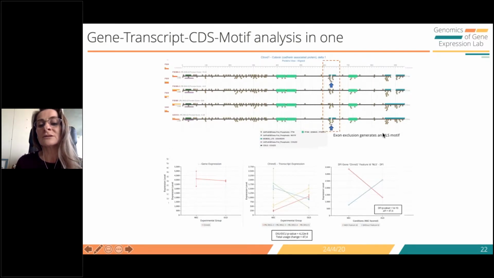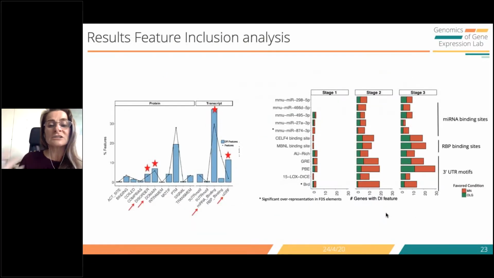But if we then look at this one nuclear localization signal, again, we can see that we have a strong change of inclusion of this functional element with a strong significant p-value, and again, a strong magnitude of change. So this is for one gene, but you can imagine that we can do this for all genes and all features, and then start looking into which are those features that tend to be more frequently modified from one